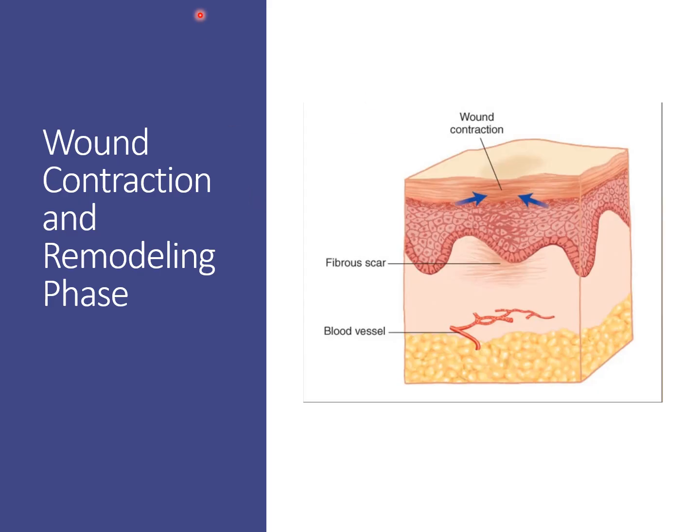And the final phase is wound contraction and remodeling. This phase usually begins approximately maybe 3 weeks after injury with the development of a fibrous scar. And this process can continue for up to maybe 6 months or longer and really is dependent on the extent or size of the overall wound. So during this phase, there is an overall decrease in vascularity. So you can see less inflammation, less blood flow, less vascularity to the site, and this continued remodeling